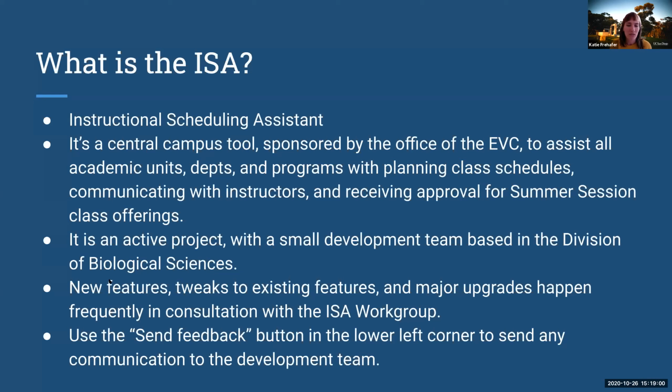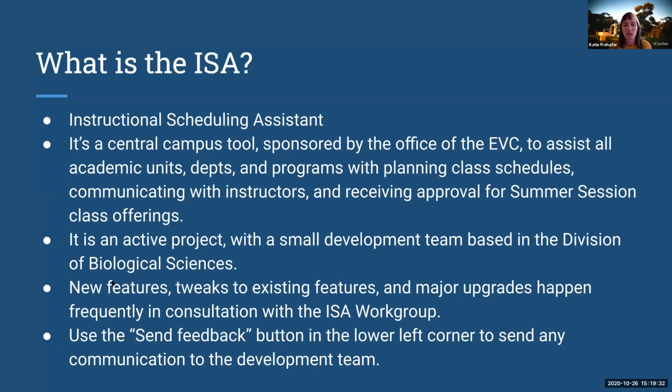I'll put their contact information up in a later slide, but basically that's a work group made up of representatives from all across campus. There's somebody from every major division on the work group, or at least a spot reserved for every major division. We work very closely with them to understand the stakeholders' needs, your needs, and to prioritize requests so that we're working on the things that will have the greatest impact and the most benefit to everybody across campus.